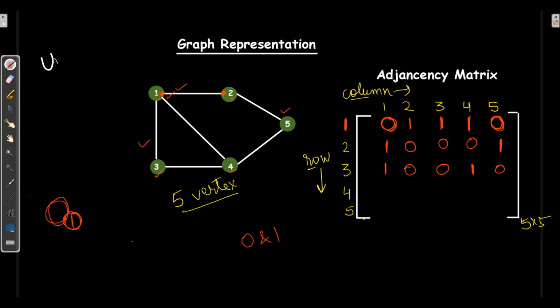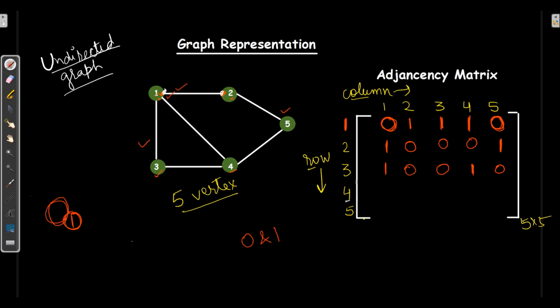Here we are taking an undirected graph. This graph doesn't have any direction. We will understand this with code also. So this graph is undirected. That means 1 is having edge with 2 and same 2 is having edge with 1. So we will put 1 in both the cases.